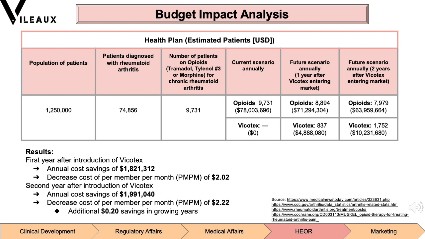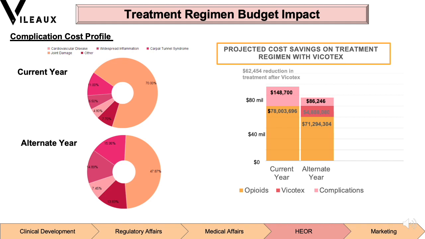The second year is projected to continue cost savings by an additional 20 cents on top of year one's reduction. This is probably due to a large number of members being prescribed Vycotics due to its effectiveness on improving quality of life in patients. Vilo also projects a decrease in the cost of treatment and complications in patients with rheumatoid